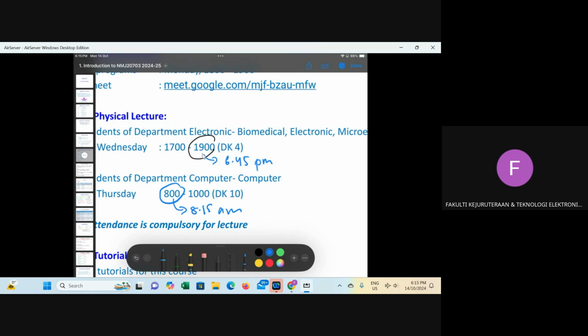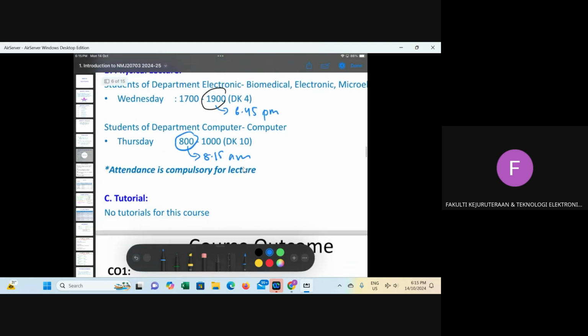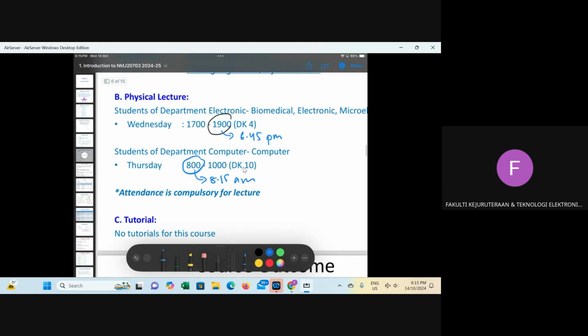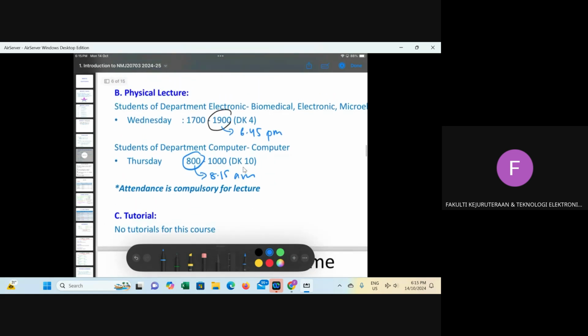And on Wednesday, we'll end or stop at 15 to 7. I try my best. If start is okay, if to finish it, I hope I can do it on time. But it's okay. And attendance is compulsory like other course. Okay. And this course has no tutorials and no labs. Okay, just lecture.